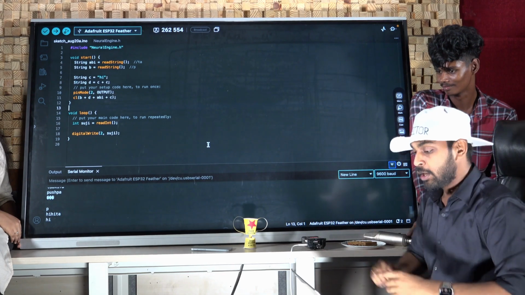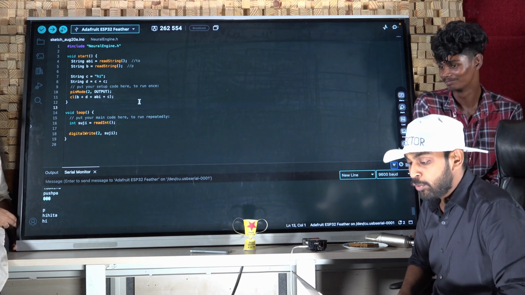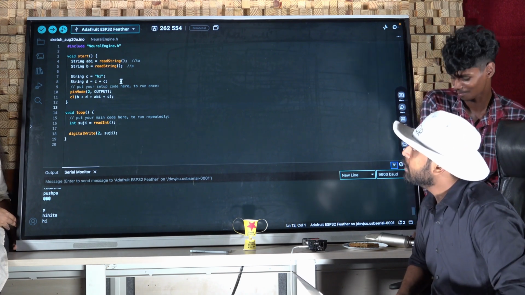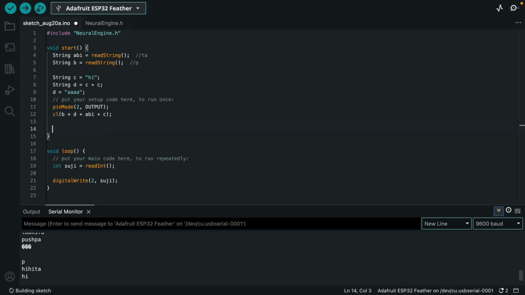Action. Now we are going to manipulate it even more. So what we are going to do is first scrap D. Now we've kept C plus C inside D, right? So what I'm going to do now is make D equal to A. Okay, and then what I'm going to do is make C equal to